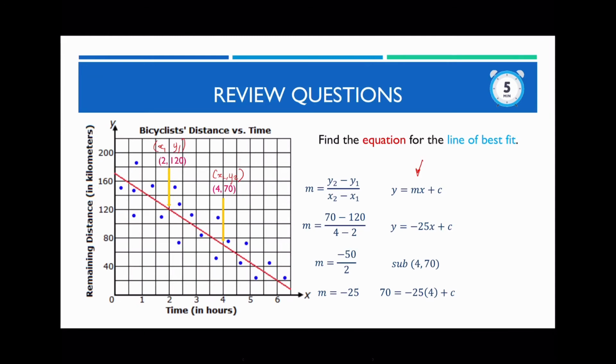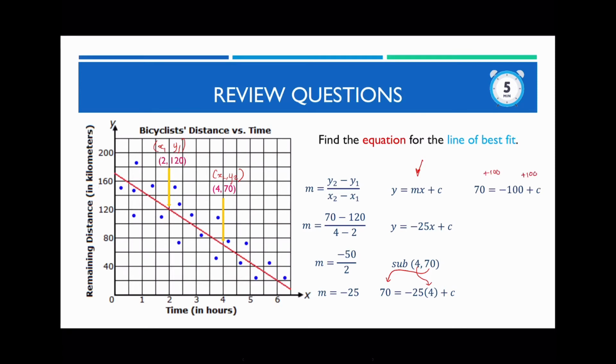So remember, you're substituting y over here and x over here. And once you do this, you can then simplify this. So therefore, negative 25 multiplied by 4 equals negative 100. Now, in order to solve for c, we need to get c by itself. So notice that you've got the negative 100 on the right-hand side of the equation. So in order to get rid of it, we're going to be adding 100 to both sides of